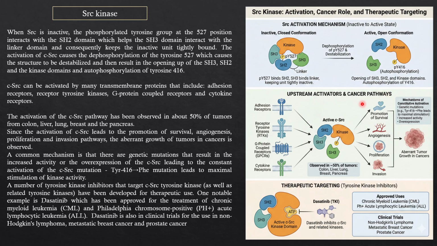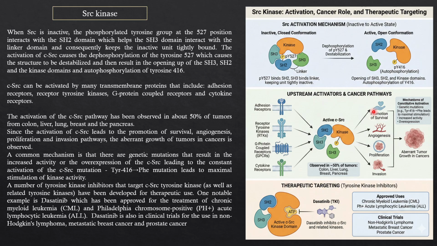Once activated, the SRC integrates the signals from multiple upstream receptors, and these include the adhesion receptors, receptor tyrosine kinases, G protein coupled receptors, and cytokine receptors. Through these inputs, the SRC acts as a central signaling hub that connects the extracellular signals to intracellular responses. The activated SRC promotes several processes that are critical for cancer progression. These include increased cell survival, enhanced angiogenesis, uncontrolled proliferation, and the ability of the cells to invade the surrounding